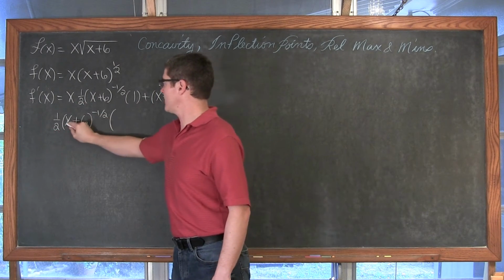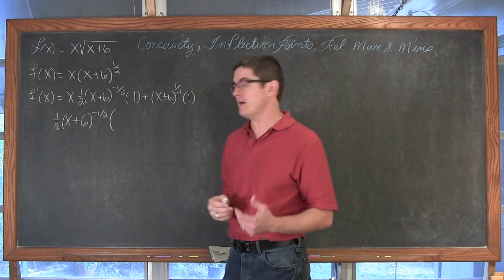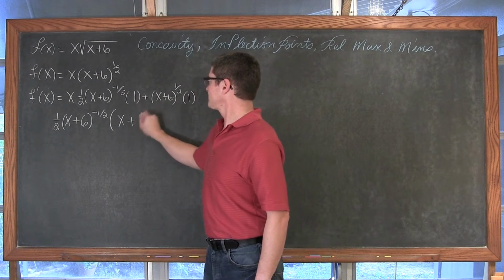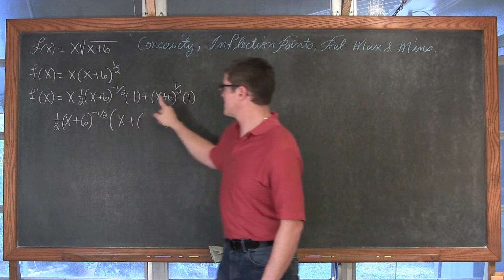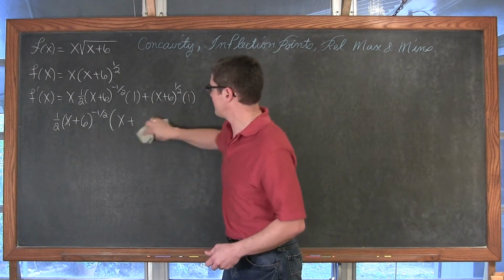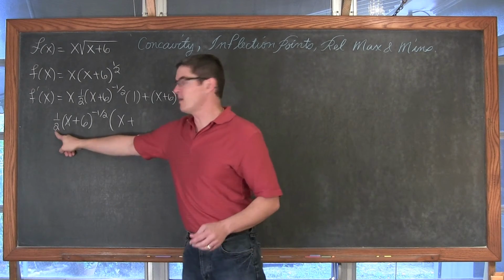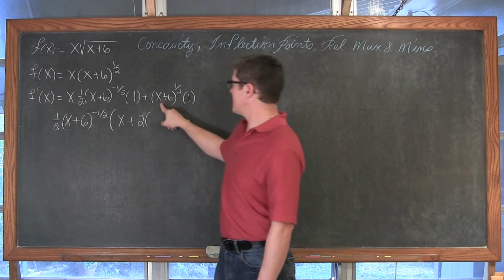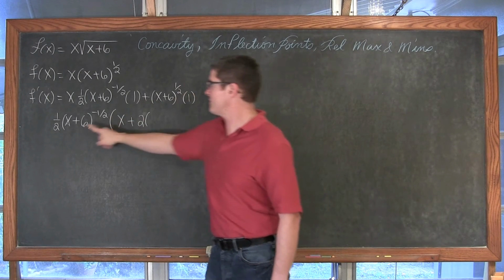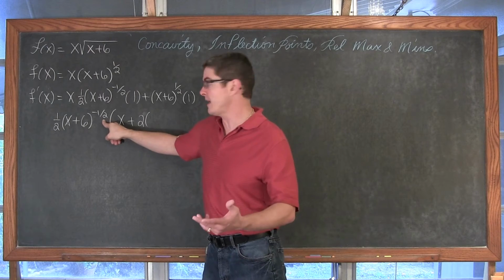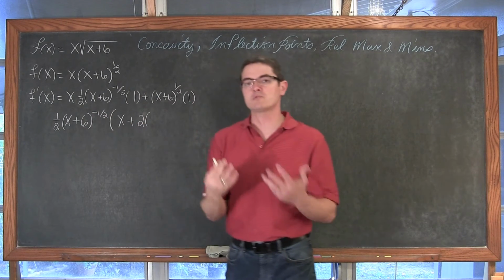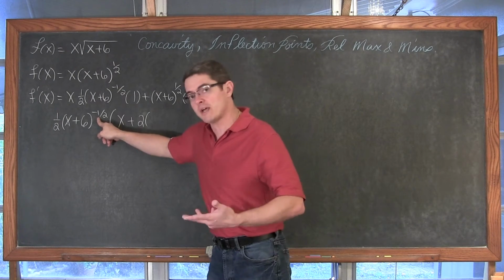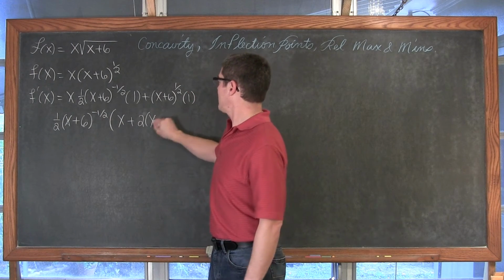Anything divided by itself, again with that x plus 6 to the negative 1/2, is going to be equal to 1, so we're just left with x plus... And when you divide like bases, of course, you subtract the exponents. I'm forgetting that I'm dividing by that 1/2, so 1 divided by 1/2 is 2, times x plus 6 to the 1/2 divided by x plus 6 to the negative 1/2. When you divide like bases, you subtract the exponents. Well, 1/2 minus the negative 1/2 is 1/2 plus 1/2, which is 1, so we end up with x plus 6 to the first.